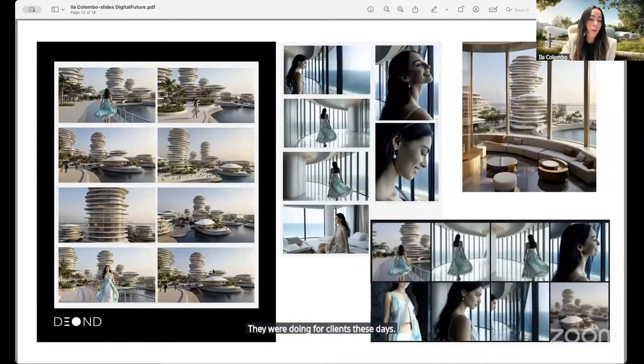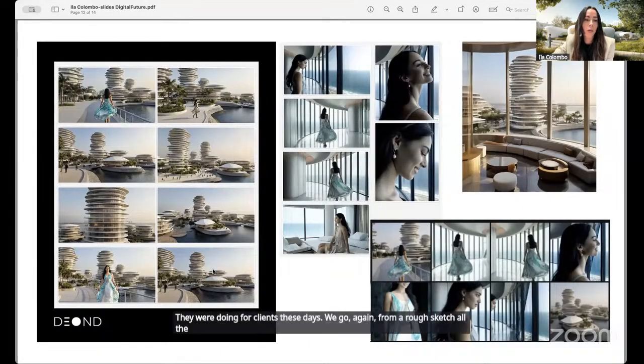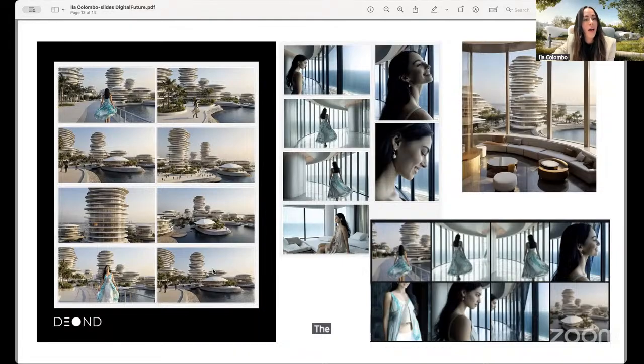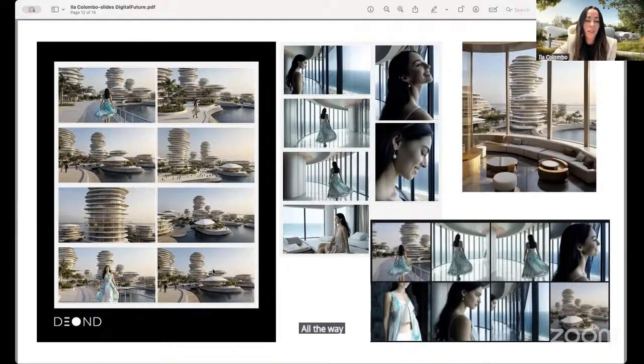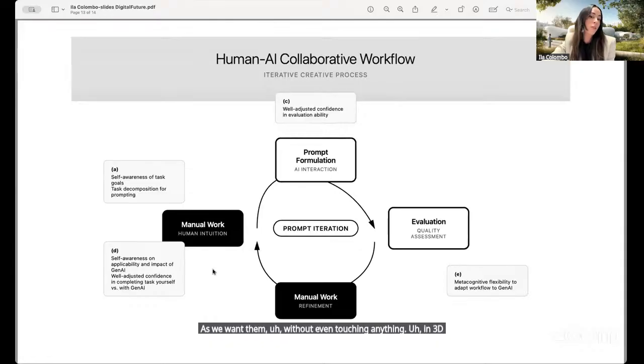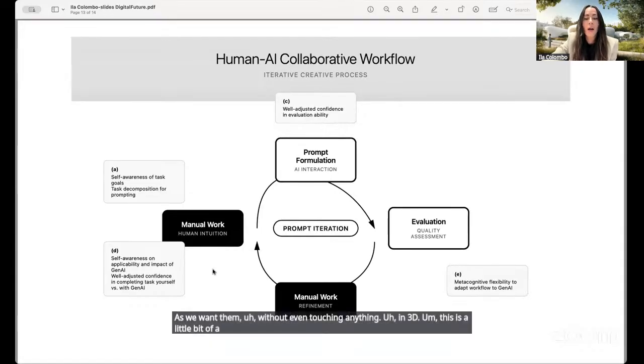We go again from a rough sketch all the way to a marketing campaign, basically. The level of detailing and narrative we can now influence and construct and visualize and think of is simply fantastic, all the way to model characterization and reliability and designing the details as we want them without even touching anything in 3D.